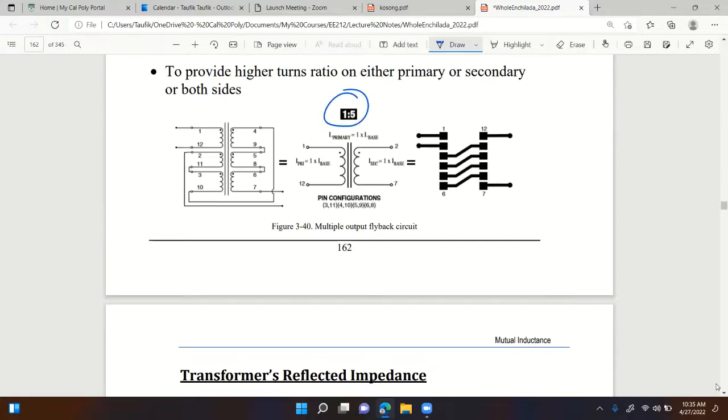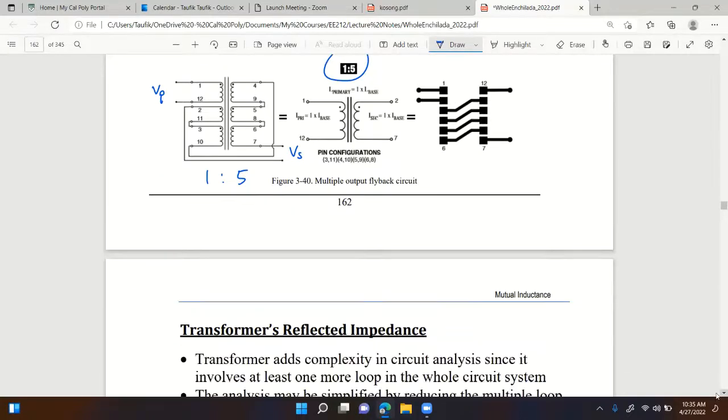Well, you use 1 winding for the primary side and then 5 windings in series on the secondary side. So by doing so, you have a 1-to-5 turns ratio, right? So that's another use of having a transformer with multiple windings. You could actually have different turns ratios depending on how many windings you connect in series on the primary side